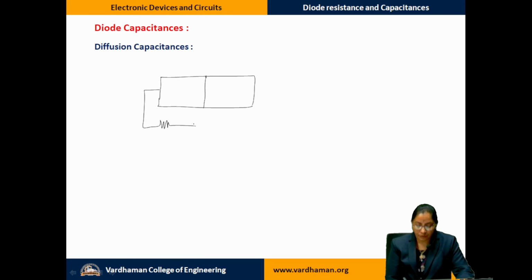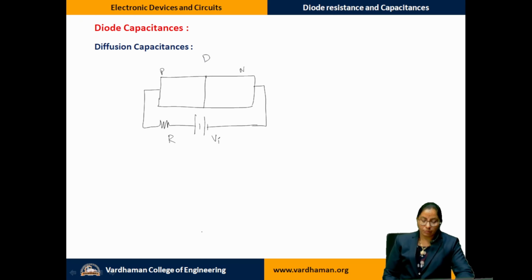Okay. This is how the P material is connected to the positive terminal of the battery, and the N material to the negative. This is the input voltage that I apply through a resistor to a diode D. Assume that my applied input is more than that of the barrier. Before this, a depletion layer was present,